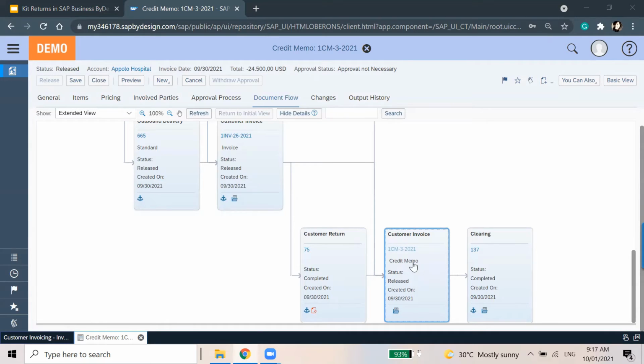And for that, we created the credit memo because we return with the credit memo. And then there was the clearing. You can see the journal entries.